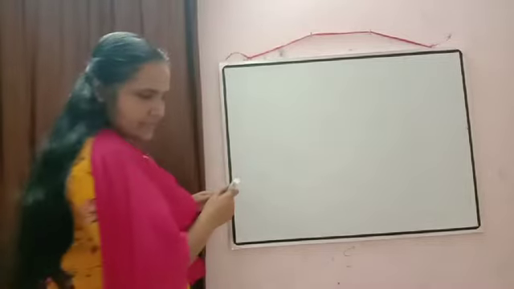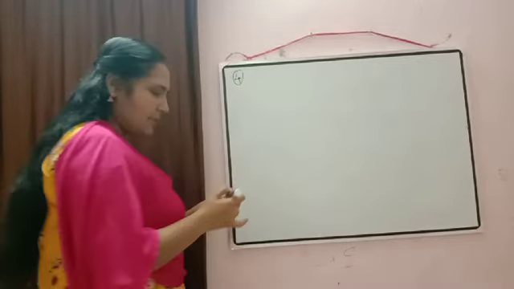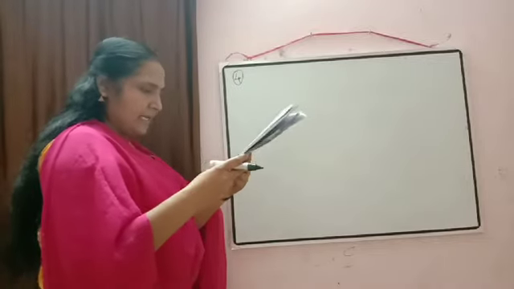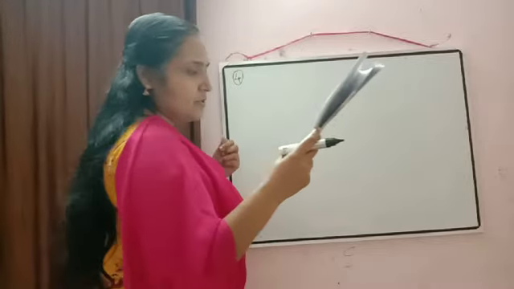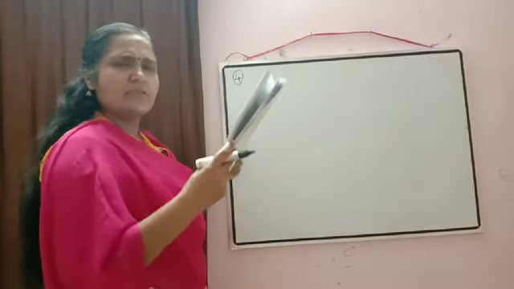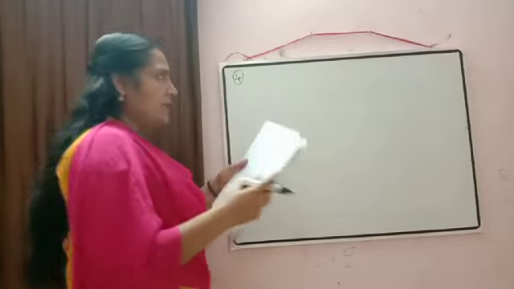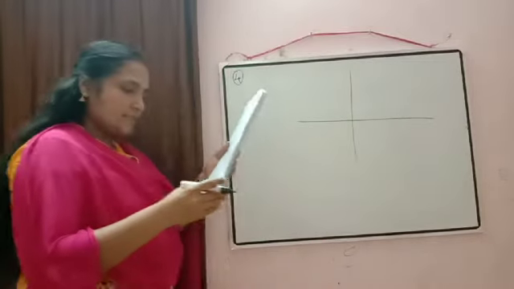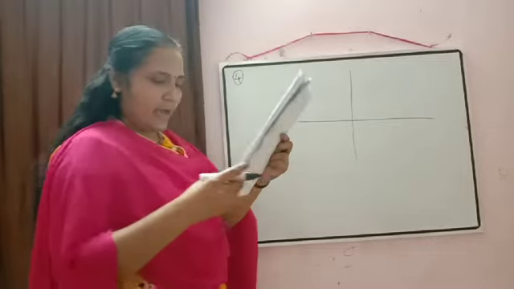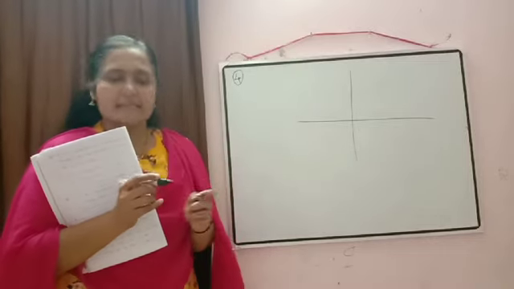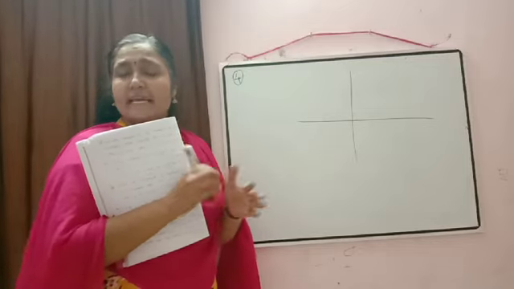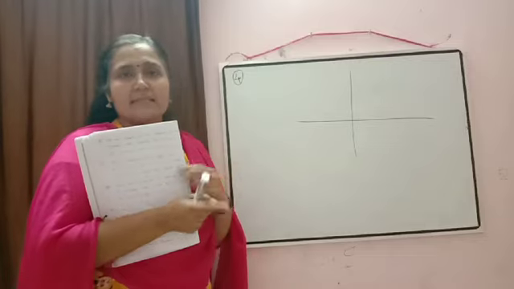If you are able to draw the diagram in question number 4, just try to draw the diagram for question number 4. What is the information given in question number 4? Find the equation of circle passing through 0, 0 and making intercept. Making intercept meaning what? Making intercept on the coordinate axis. We have coordinate axis as x-axis and y-axis. And normally, whenever we are saying the axis, always we say x-axis first and y-axis second.